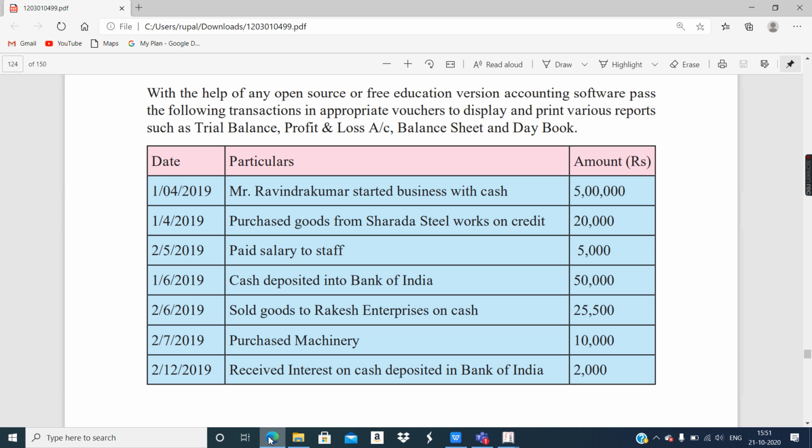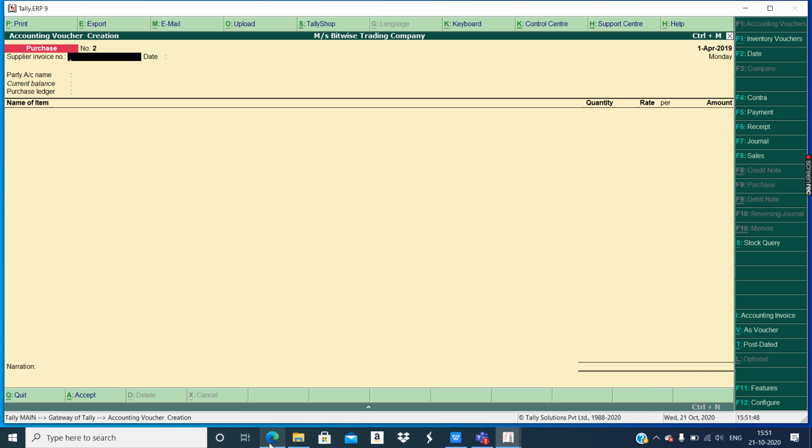Okay, one who gives gets credit. But that rule acts differently during purchase. Because I told you, whenever you are purchasing something, you have to pay somebody. So the one whom you have to pay will get credit. That's why the purchase account gets debit. That is only the little bit of difference.